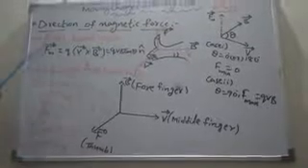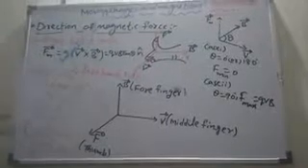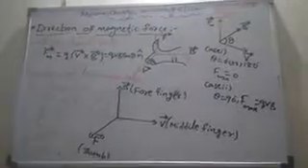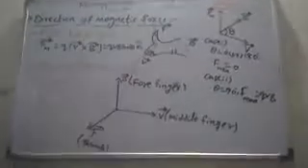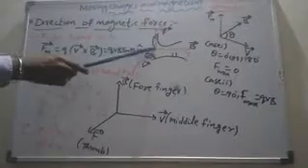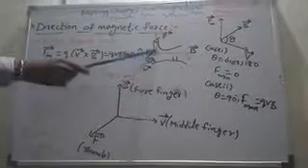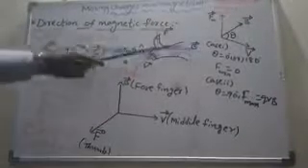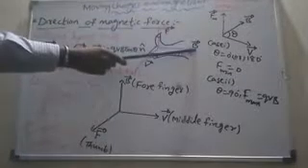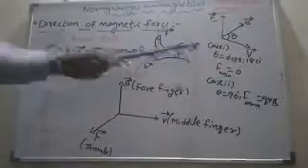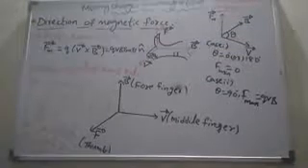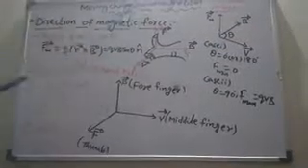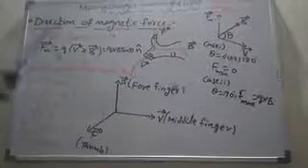First, we are going to understand the right hand palm rule. Here is an easy way to remember it. Let us consider one case. The charged particle is moving with velocity v along the x-axis. The magnetic field is acting along the y-axis. So v and B are in the XY plane. Then in which direction is the magnetic force acting on the charged particle? That is our question. By using this rule, how do we determine it?